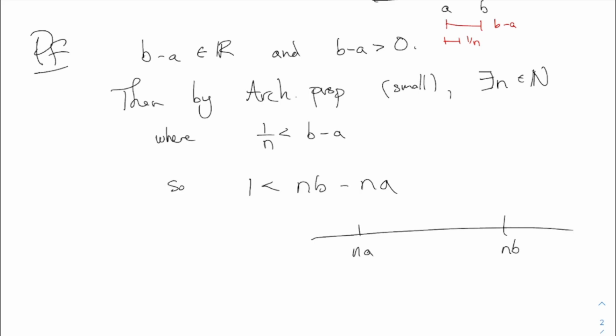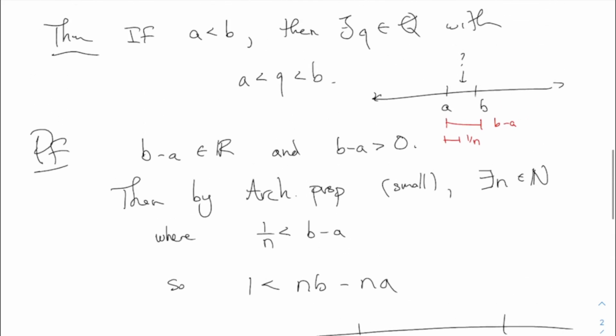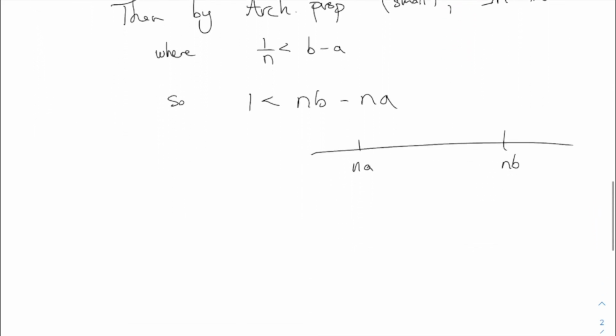Yeah. So why exactly is a not a real number? It's not rational. It is a real number, but it may not be rational. And the thing is, this number we're trying to end up with in between, we need it to be rational. And if a is irrational and you add 1 over n, it's still going to be irrational. That's the problem with a plus 1 over n. All right?